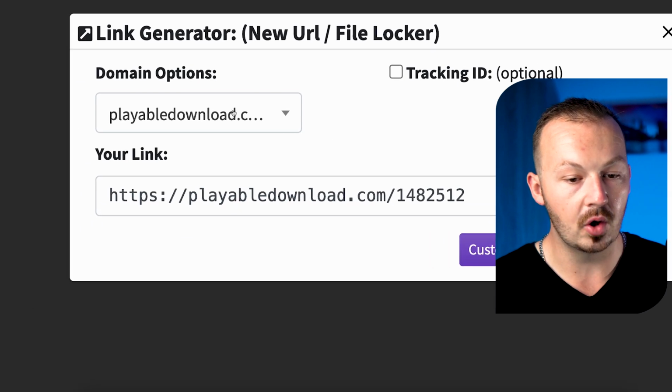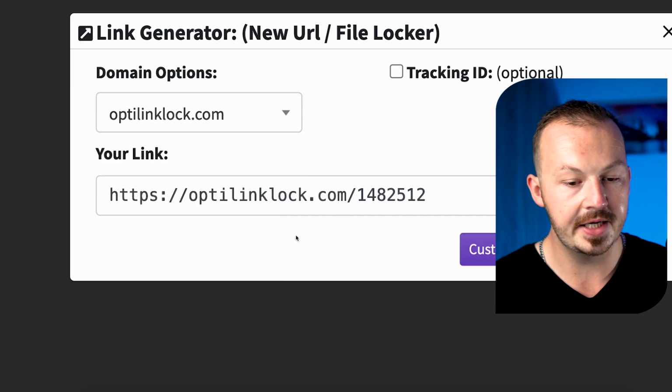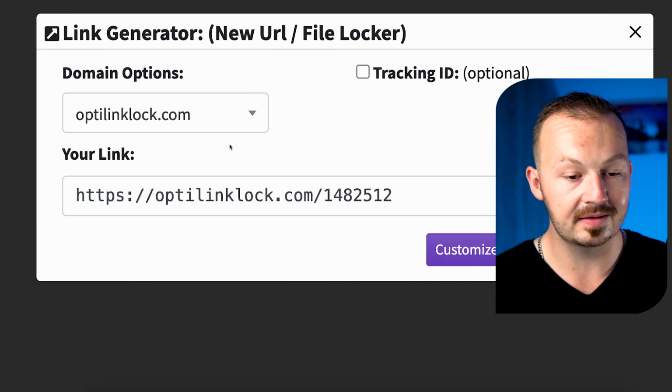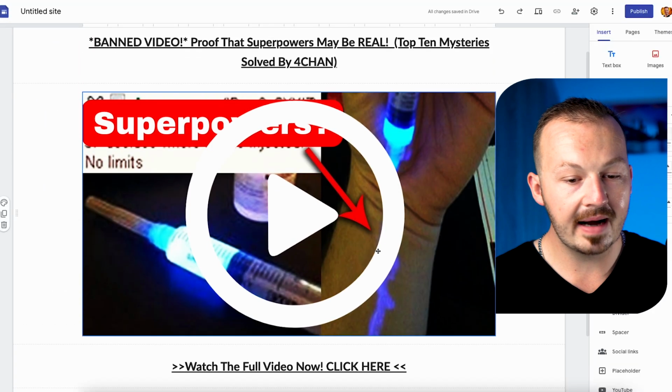because it's very overused and some of the websites are not happy when they see this URL. For that reason, go to these domain options and select one that's not at the top, something like this one right here, which is used way less because it's not at the top of the list. And once you're going to do that, just click on copy link,